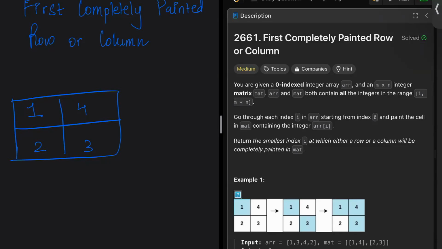Hi guys, so today we'll be solving this problem called first completely painted row or column. Let's read it. You are given a zero indexed integer array and an m cross n integer matrix. Array and matrix both contain all integers in the range 1 to m into n. Go through each index I in array starting from index 0 and paint the cell in matrix containing the integer array of I. Return the smallest index I at which either a row or a column will be completely painted